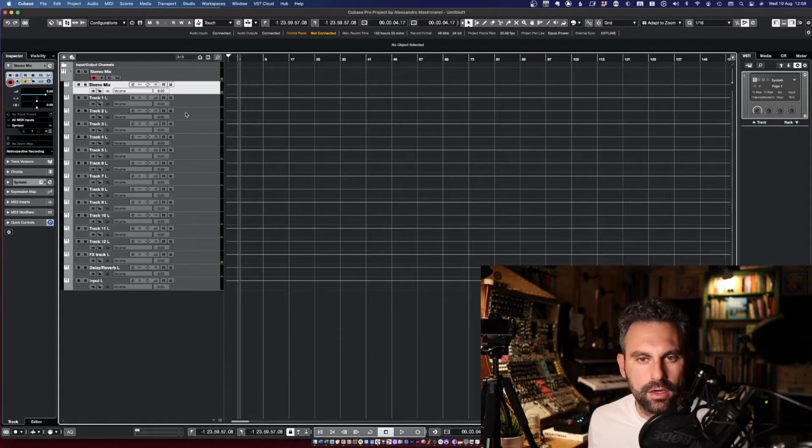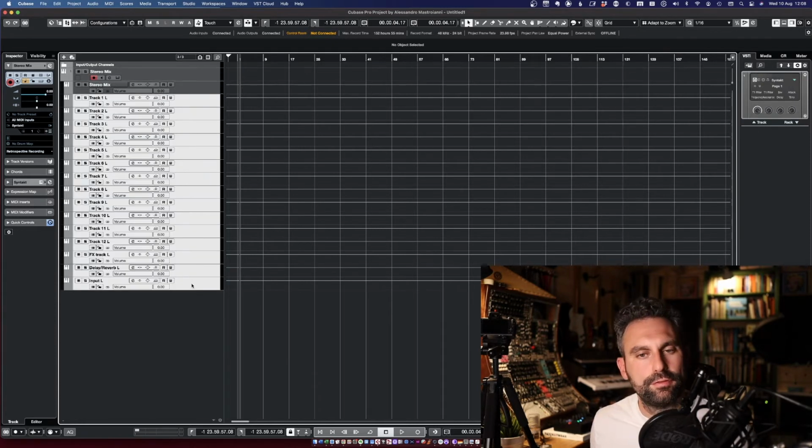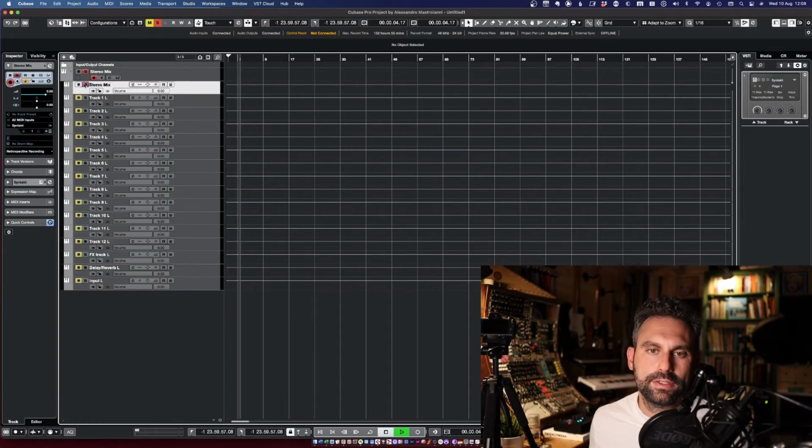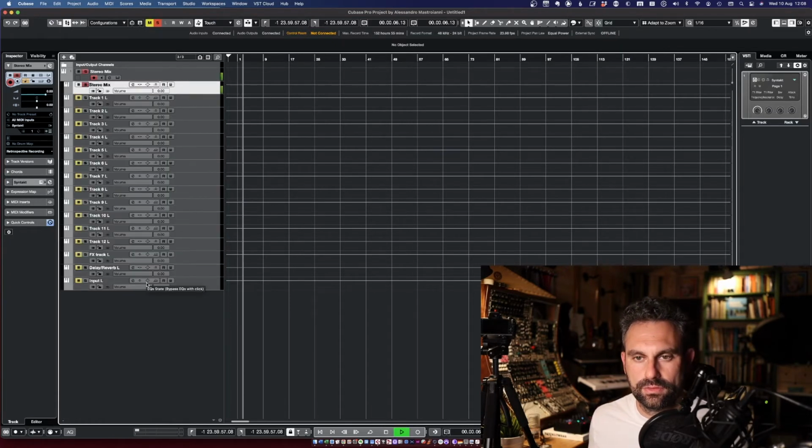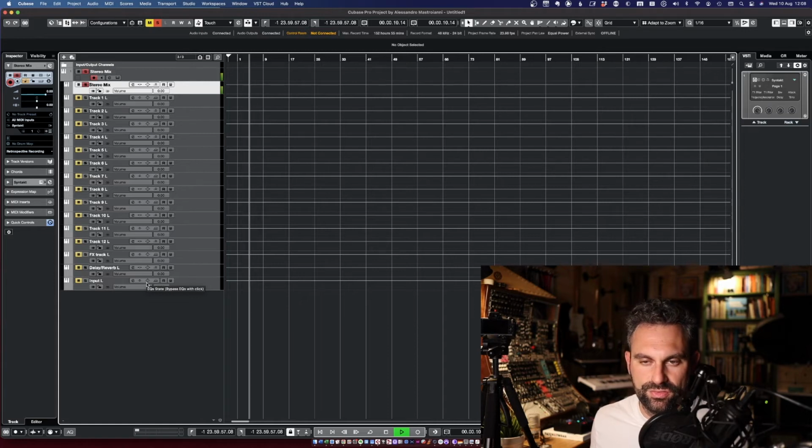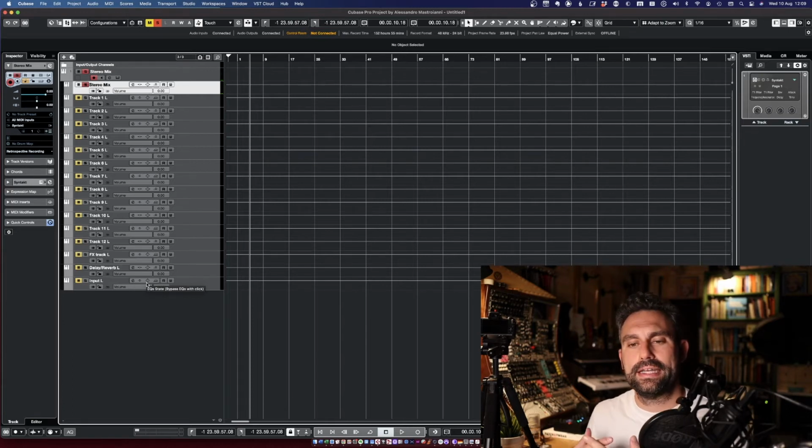Now if I press play, I should have a sound, which I do, and now the signal is slightly hot because I'm actually getting stuff as duplicated. So I have both the stereo mix playing back and also the other 15 separate tracks. So let's solo it for a second. And this is my stereo mix as it comes out from the Syntakt, which is great, but now I can't